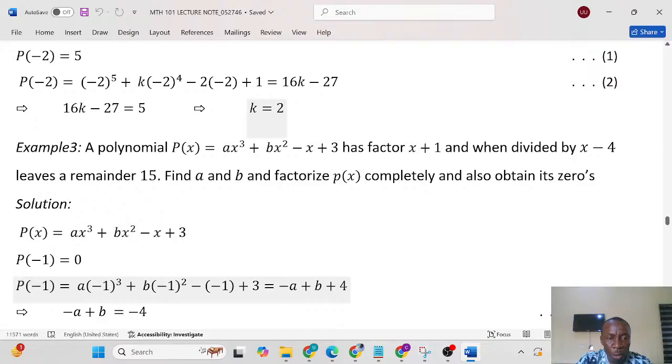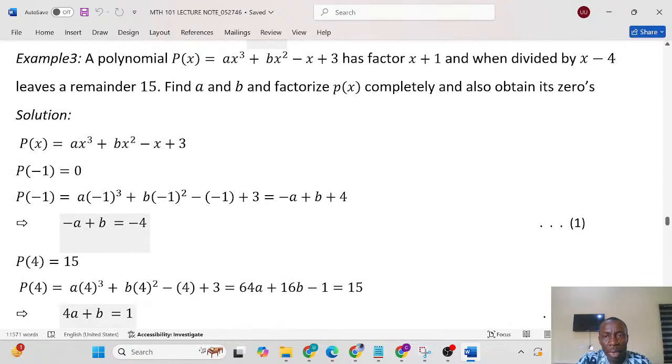will give us this expression, a into minus 1 raised to power 3 plus b into minus 1 raised to power 2 minus x into minus 1 plus 3. So a into minus 1 raised to power 3 will give us minus a. This minus 1 raised to power 2 will give us plus b. Minus times minus will give us 1. 1 plus 3 will give us 4. So that is how we got this minus a plus b plus 4. And this one, if you equate it to 0, it will give you minus a plus b equals to